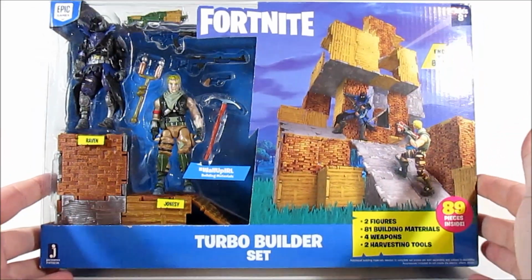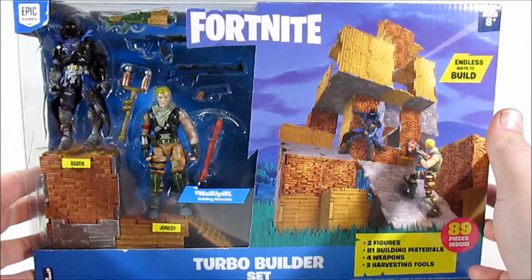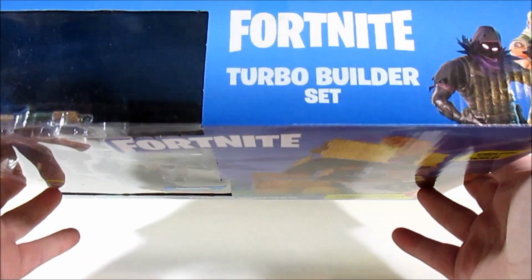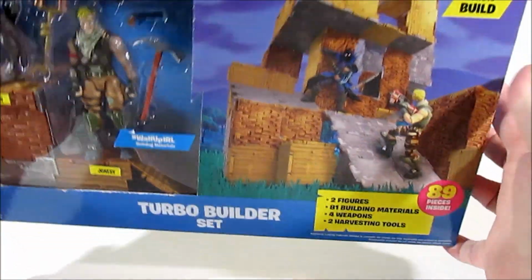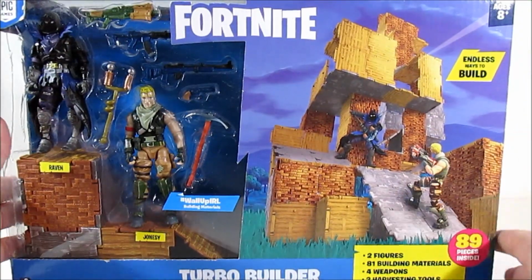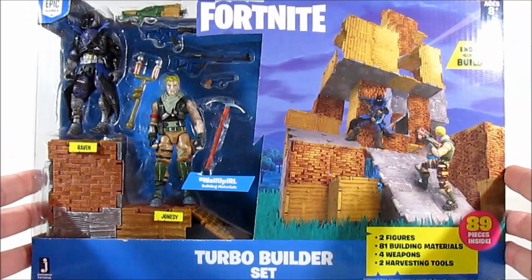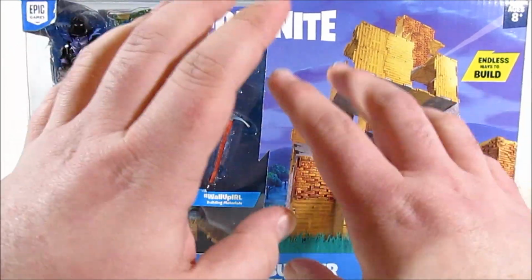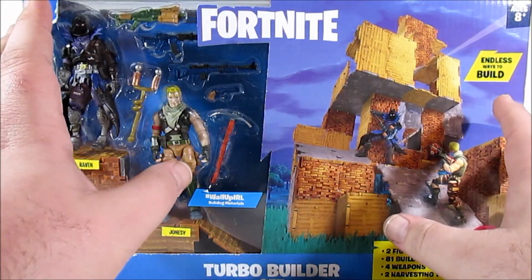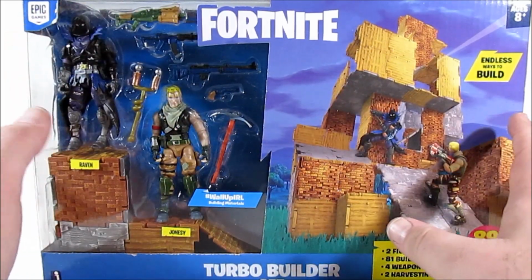And today we're looking at the Turbo Builder Set from Jazwares' Fortnite range. This is a pretty hefty box full of a lot of build materials. It boasts 81 building materials. So we're going to be taking a look at how all of the pieces interact and take a look at the figures, and then I'm going to build a bunch of stuff just to show you how versatile it all